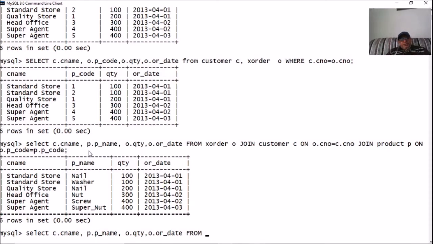Select C dot C name, P dot P name, O dot quantity, O dot order date from. There are three tables involved. For X order table, we are using the alias O. For customer table, we are using the alias C, and for product table we are using the alias P, where.